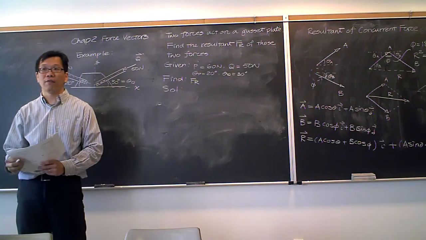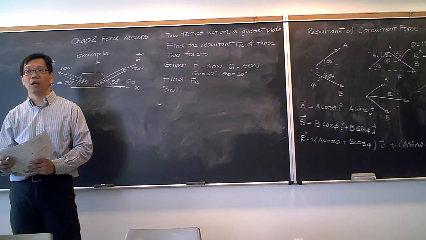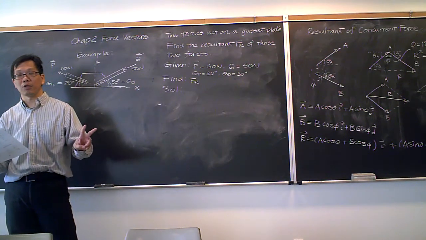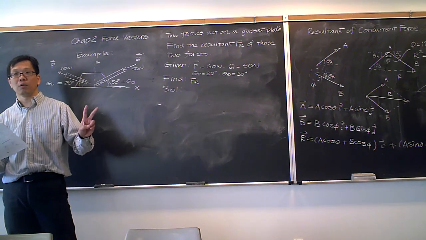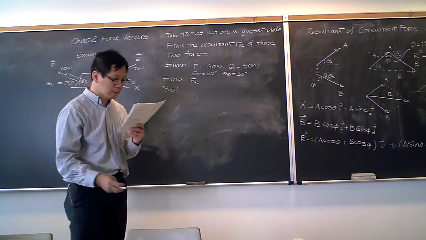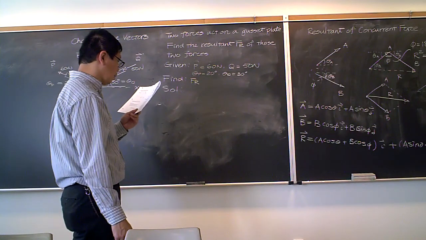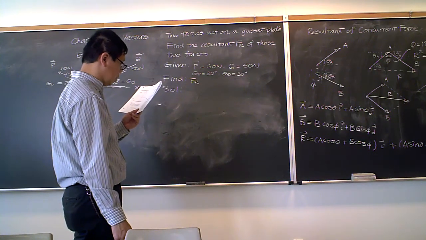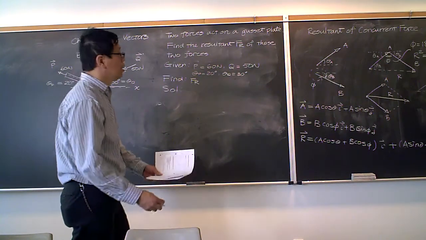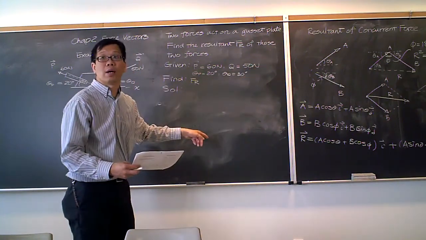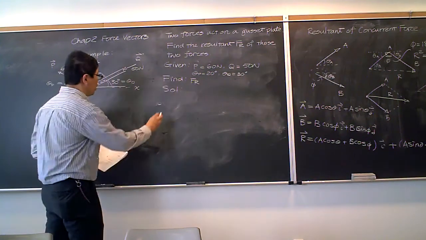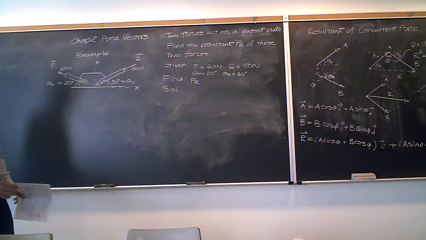When you try to find the resultant, keep in mind, you need to have two pieces of information. One is magnitude, the other one is direction. Okay? So I'm going to solve this problem using two ways. One is using the geometry method. The other one is using vector representation. So when I'm using the geometry method,